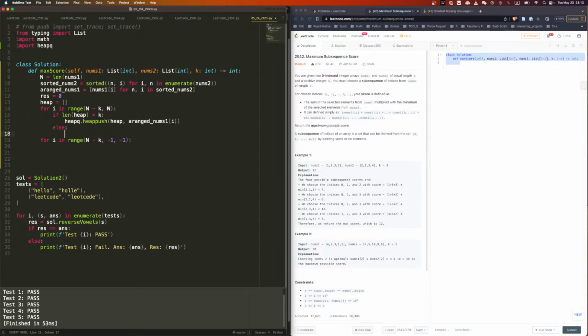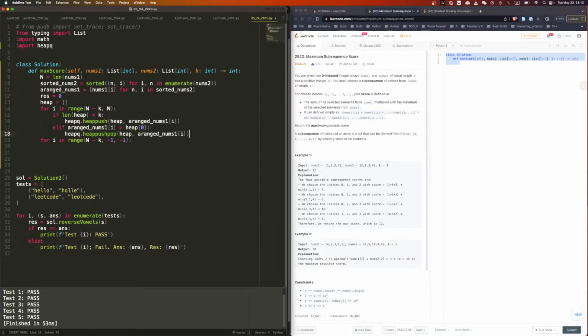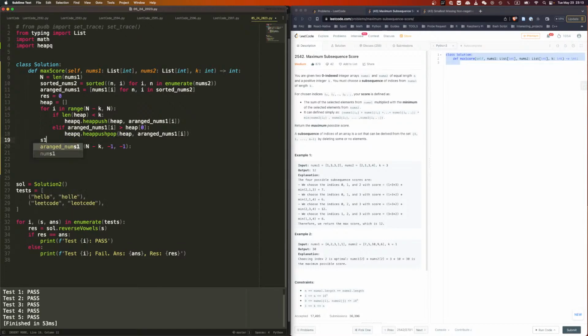Else, if the length is already k, then elif arranged nums 1 i is larger than heap 0, then heapq.heappushpop heap, arranged nums 1 i. Right, and we just keep going through until we're done. So this is to prepare the heap. And then S1 shall equal sum heap,